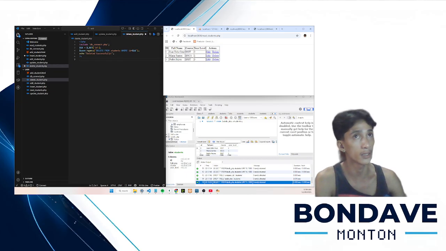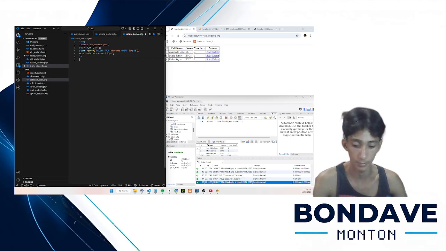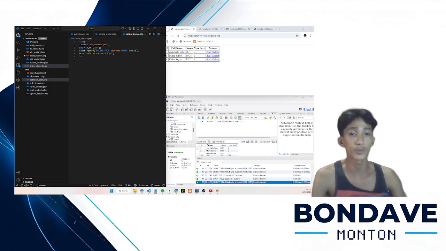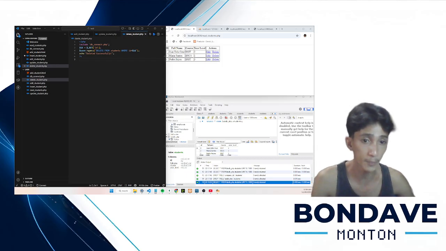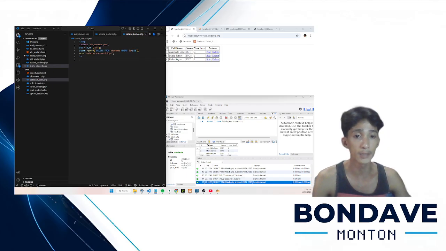So that's the point of this dashboard right here. Save it, and then the next part would be the input validation. The input validation prevents empty fields and ensures correct data types. This reduces errors and protects the database.